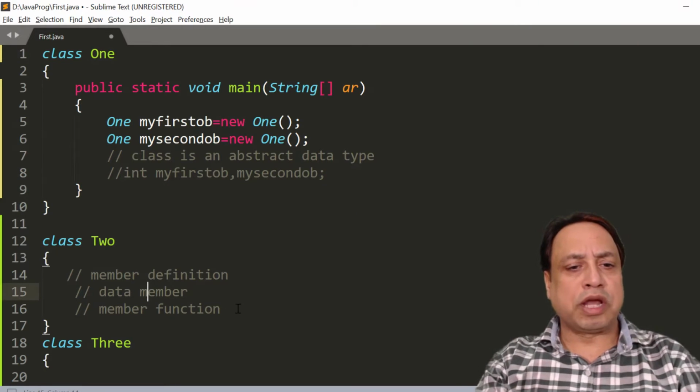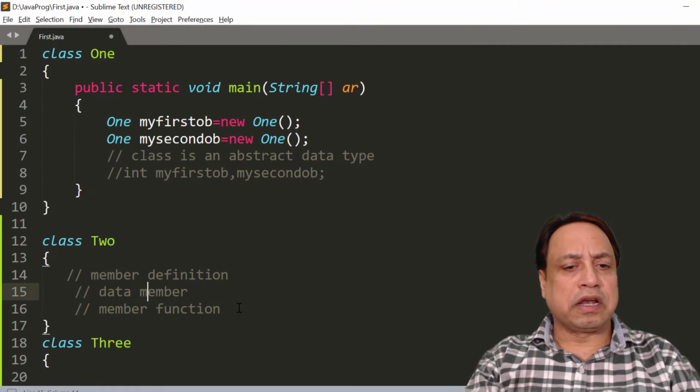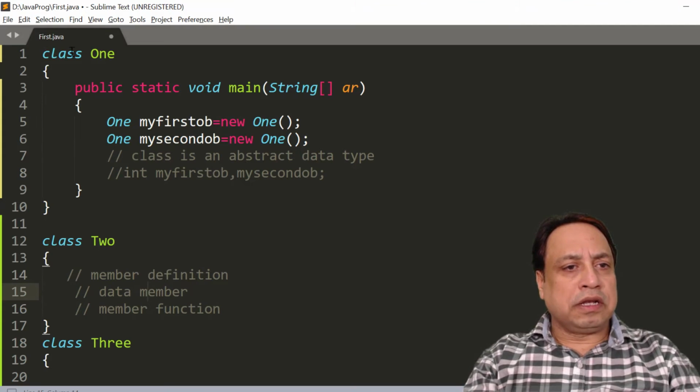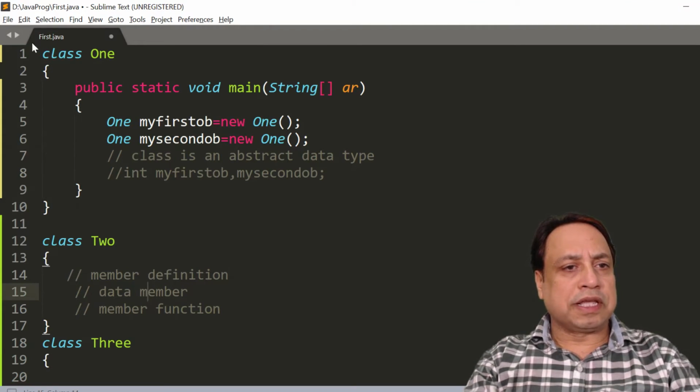So ये दोनों classes हमारे लिए blank हैं. There is nothing written within it, means that इन classes के object कुछ भी define नहीं करते. So in order to define something, we need to write either a data member or a member function, either of the two. So let us compile this program. The program name of this is first.java.